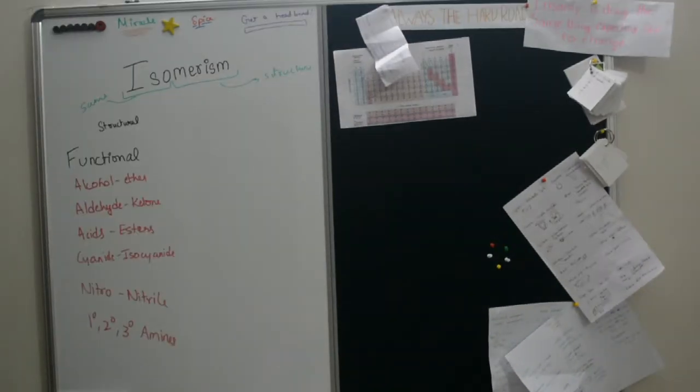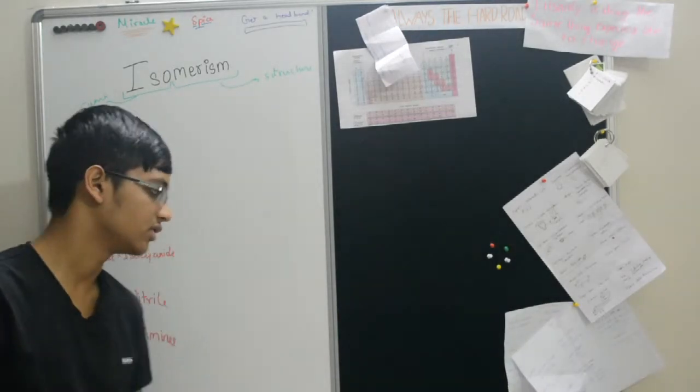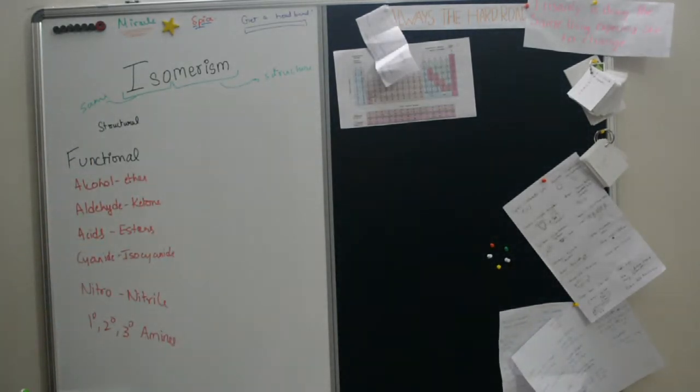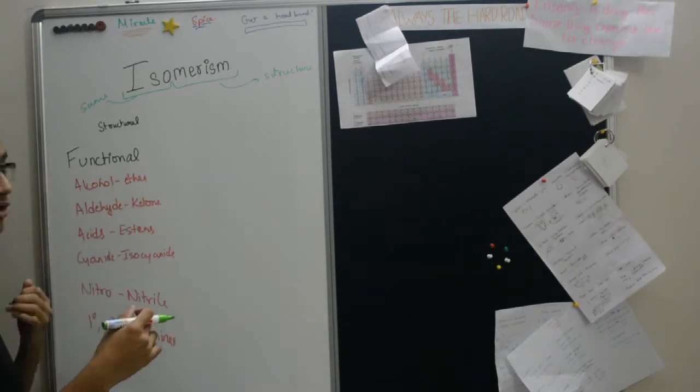Now these both are isomers. Moving on with isomer, we reach functional isomers. Now functional isomers, the only thing you should remember is this big list of compounds that I have given you. So what happens in functional isomer is that the functional group will be different, or the formula will be the